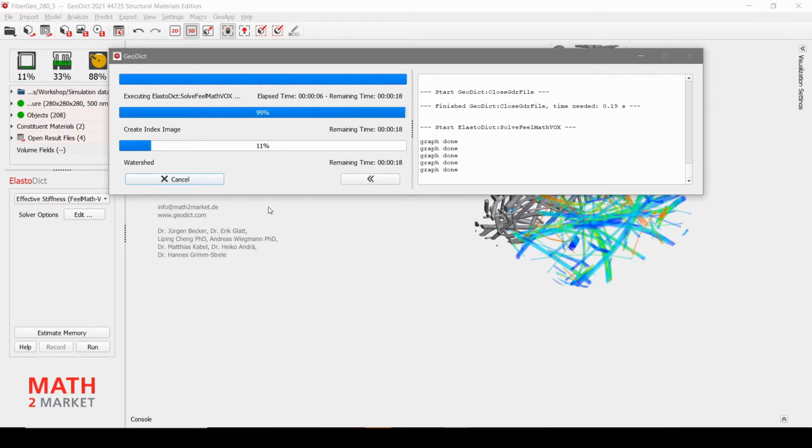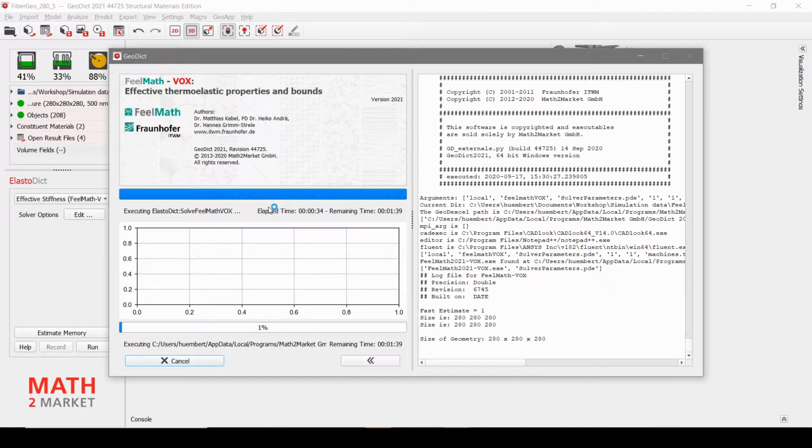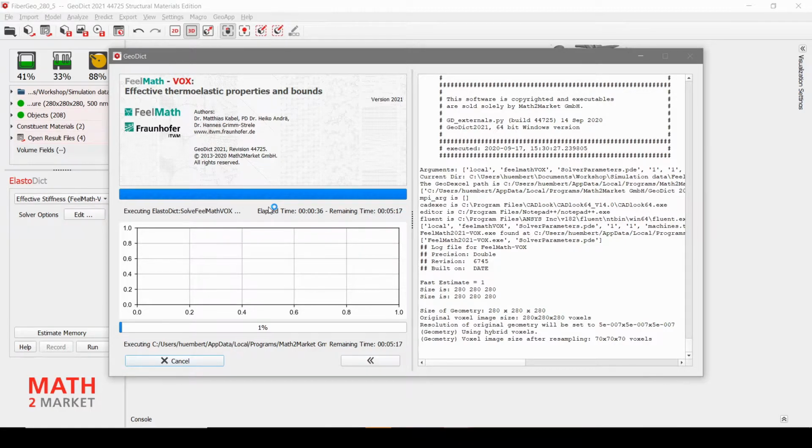ElastoDict starts the simulation again. You can see again that we use downsampling.